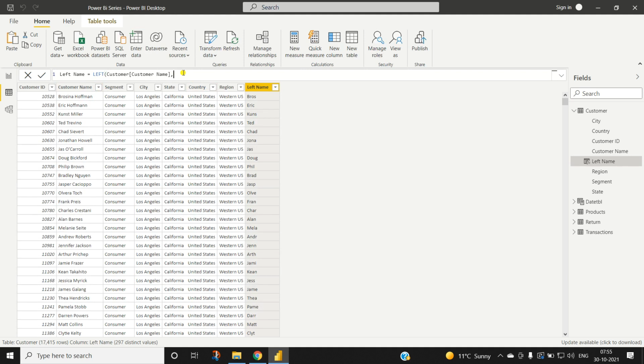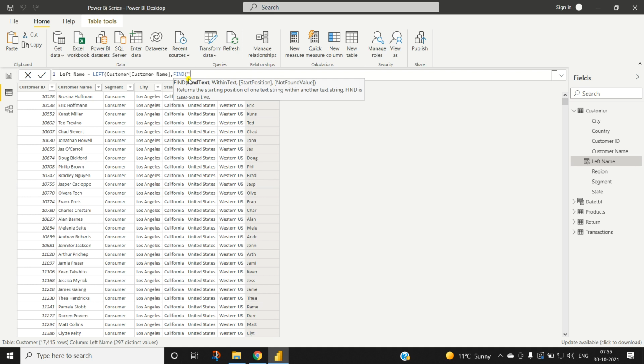So how will we get the first name correctly? For that we want the data till the delimiter in the customer name. Here we have a delimiter, a space. So till space we will use the logical function, and for that we will use FIND.